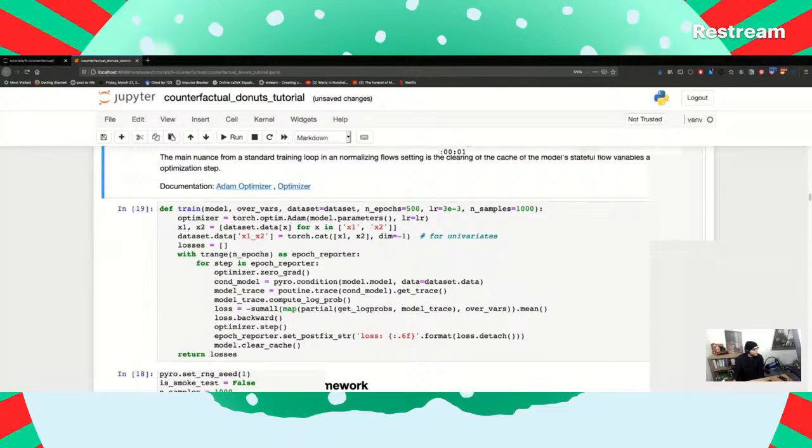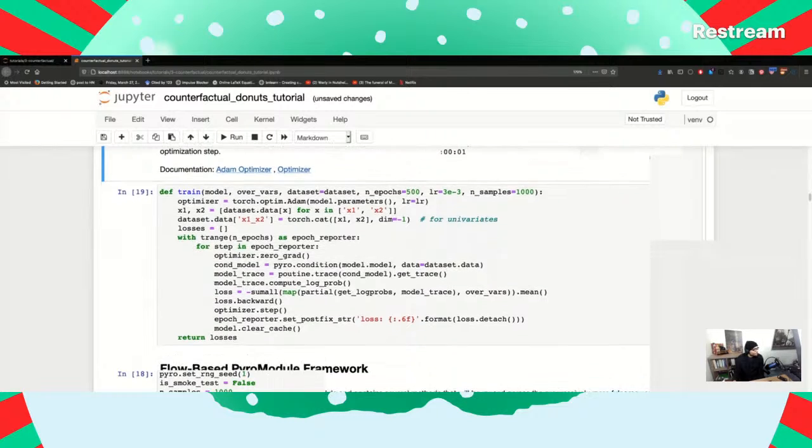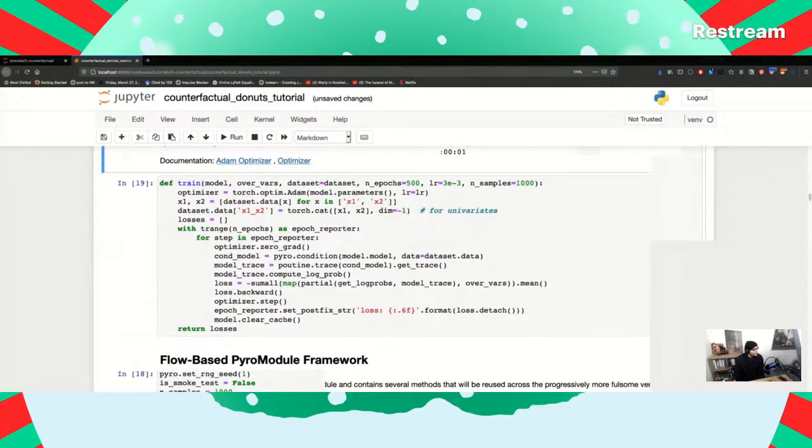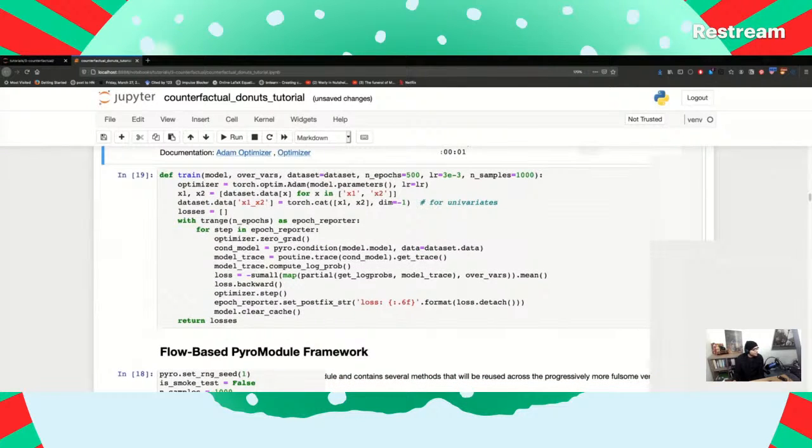So we're optimizing, I guess, over observed variables, data set, epochs, learning rate, number of samples, Adam optimizer. All right, flattening stuff, losses. He gets on the data.